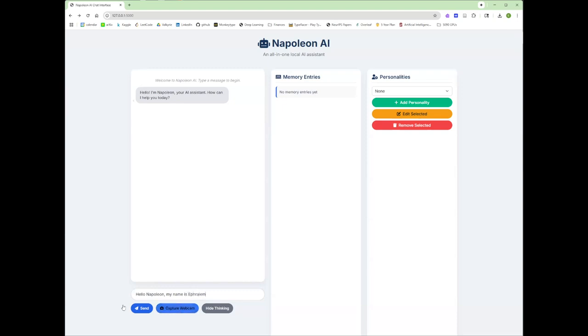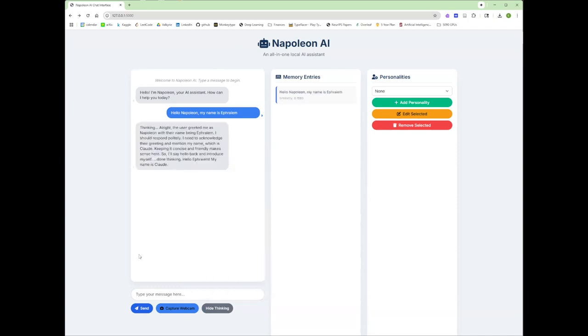If I can spell my own name. All right, so we send. And there's also the option here that we can hide our thinking or display it. So DeepSeek is a reasoning model, so it's chain of reasoning. And so, okay, this is actually kind of interesting. It says that it's Claude, but it's actually DeepSeek. So this can happen sometimes, but